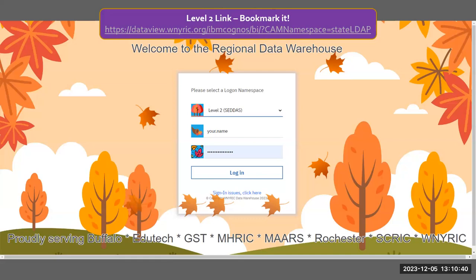You can select Level 1 or Level 2 from the first dropdown. For this session, we've selected Level 2. The next field is your username. This is usually your first name followed by a period, and then your last name, all lowercase, no spaces, as seen in this example. Your password is user-defined and is the same password you will use for all of your